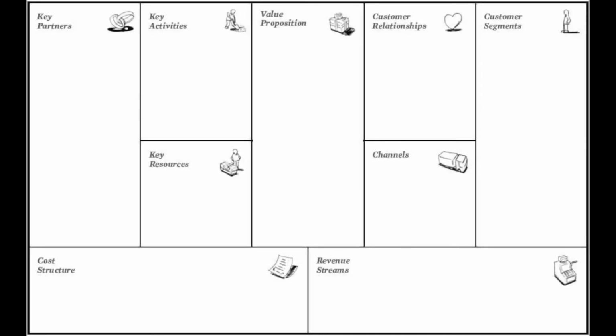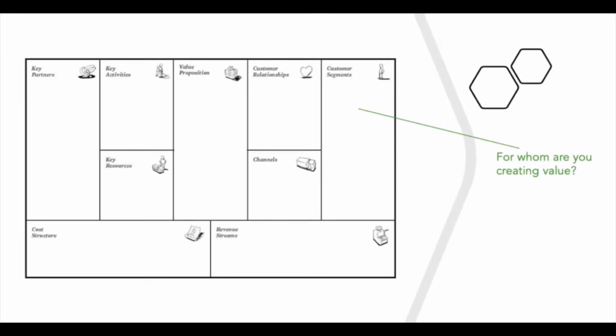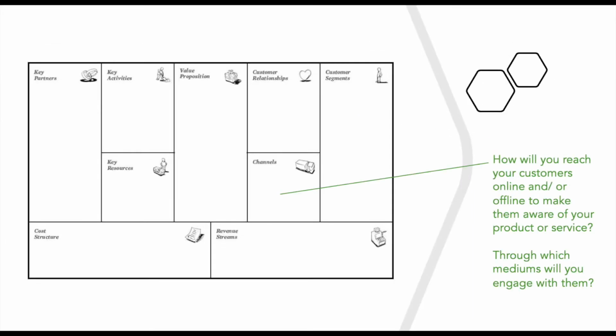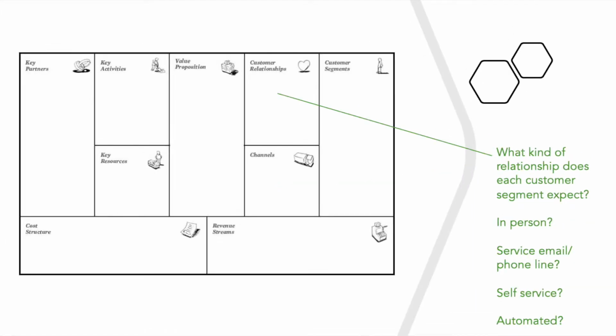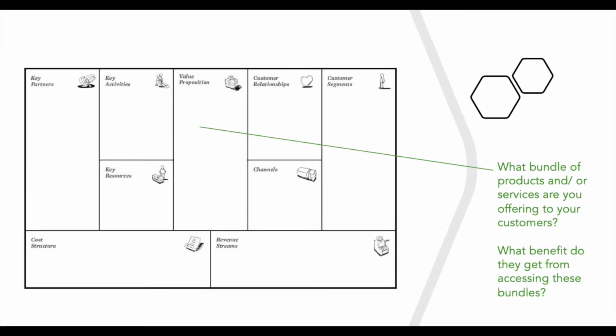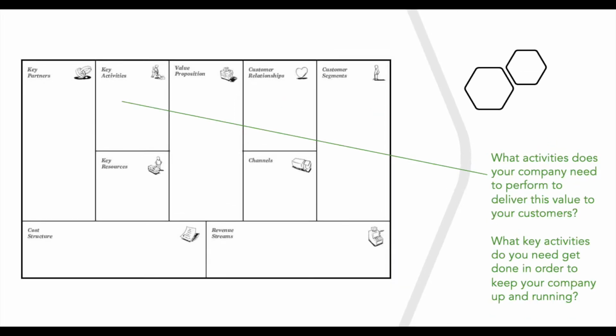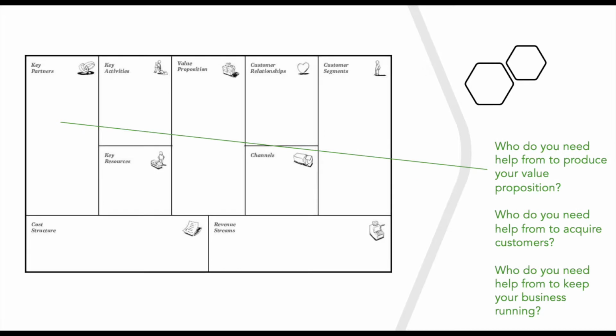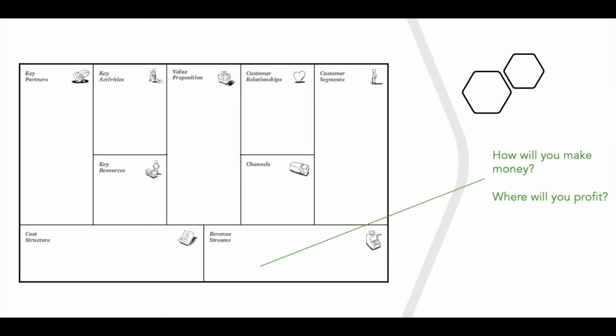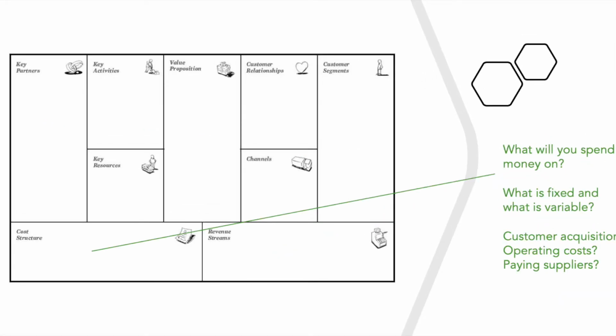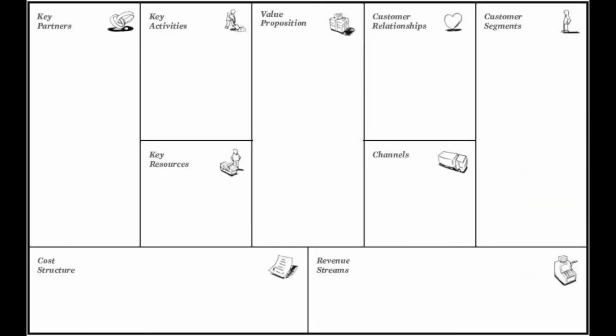This is what the Business Model Canvas looks like. It has 9 parts, and personally, I like to look at it from right to left. Beginning with customer segments, I move on to channels, then to customer relationships, then to value propositions, then to key activities, then to key resources, and then to key partners, then on to revenue streams, and finally, I design the cost structure. I like to do it this way because knowing who your customers are helps you understand how you'll